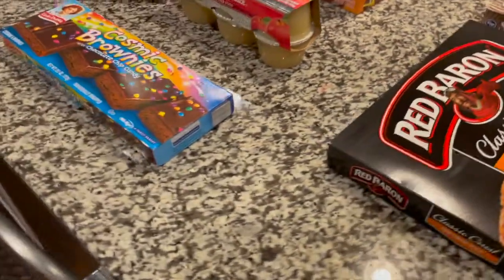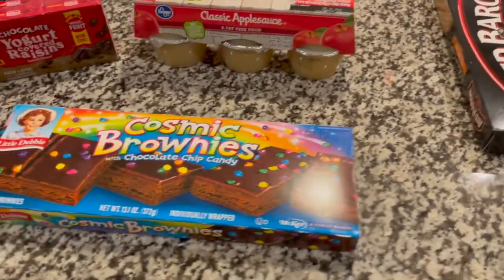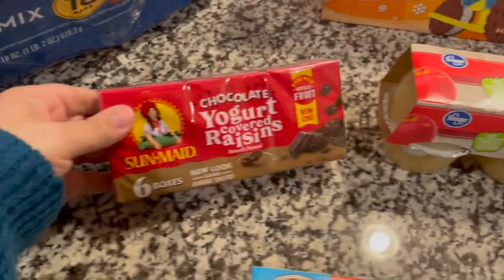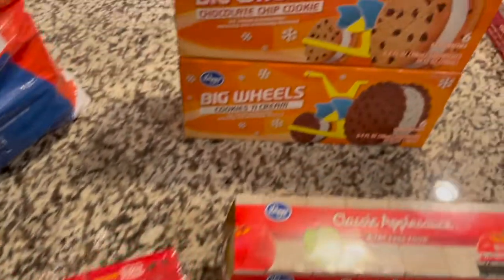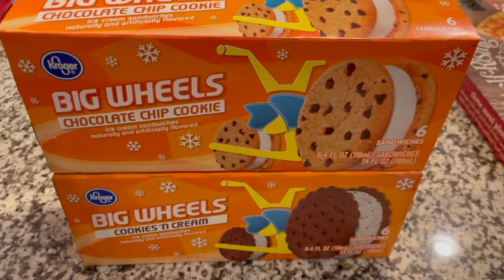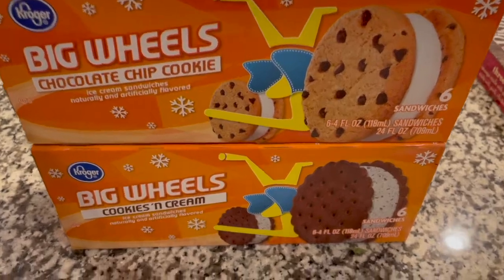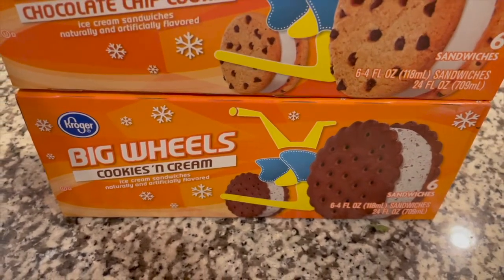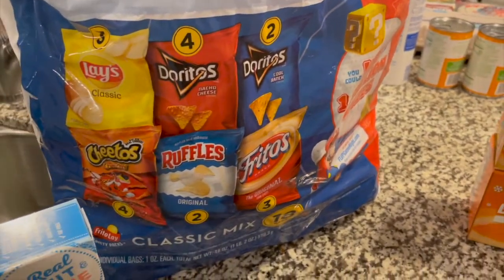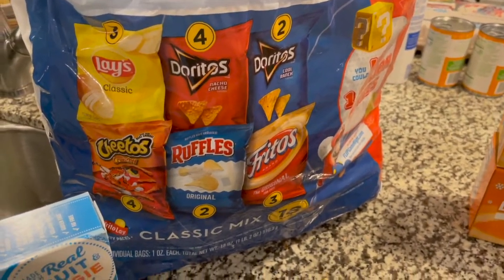Swinging around again, we have our dessert and snacky items, some Cosmic Brownies, applesauce, chocolate-covered raisins. This is for dessert for both kids. We have our Big Wheel chocolate chip cookie ice cream sandwiches and the cookies and cream ice cream sandwiches. They just looked good. Giant thing of chips for all of us to split for lunches and dinners and snacks,